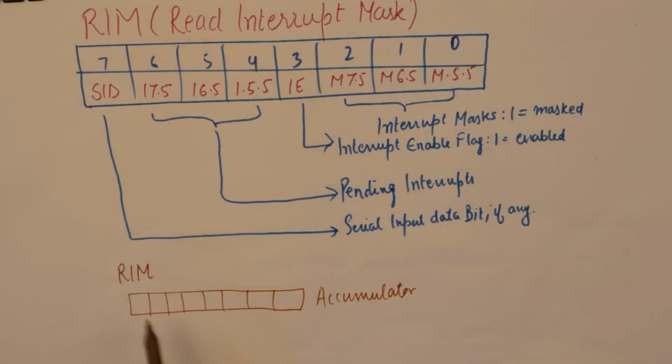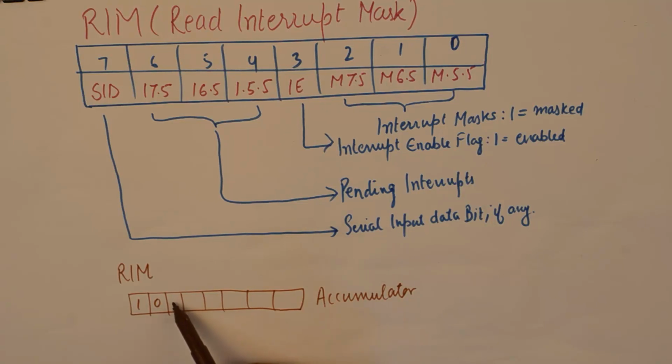When you run the RIM instruction, it is going to load some data into the accumulator that will show the status of the interrupts. For example, we've gotten